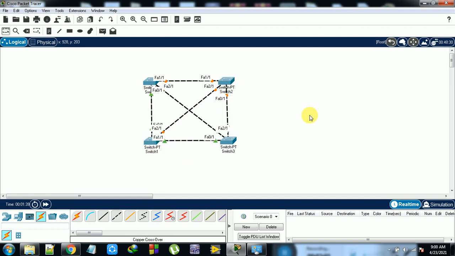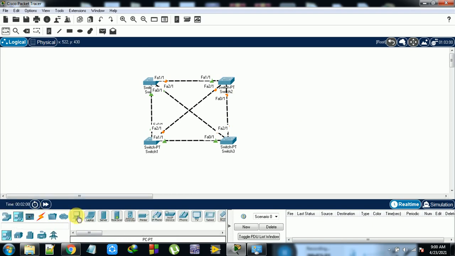On each device we have three different connections. Suppose we have n devices, then n minus 1 connections are possible. That is the disadvantage, because you need to run a large number of wires in mesh topology. But what is the advantage? If any one link fails, the system is still going to run, with no disturbance. We will see it right now.